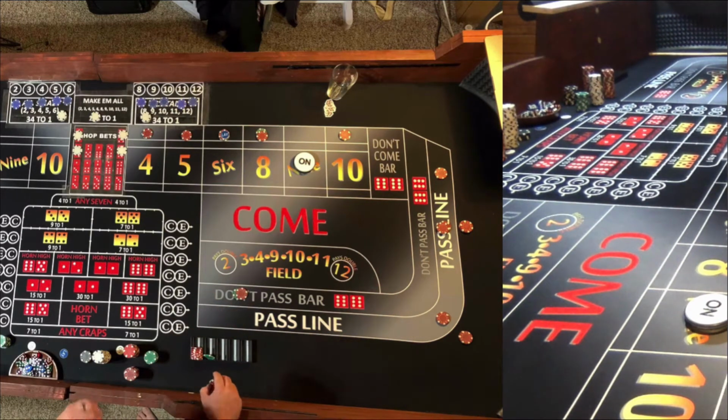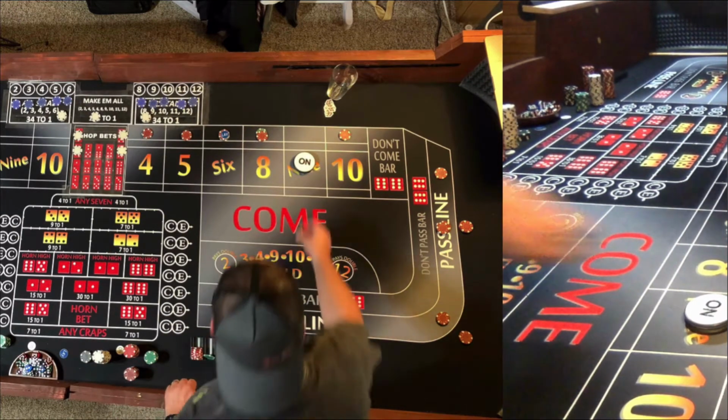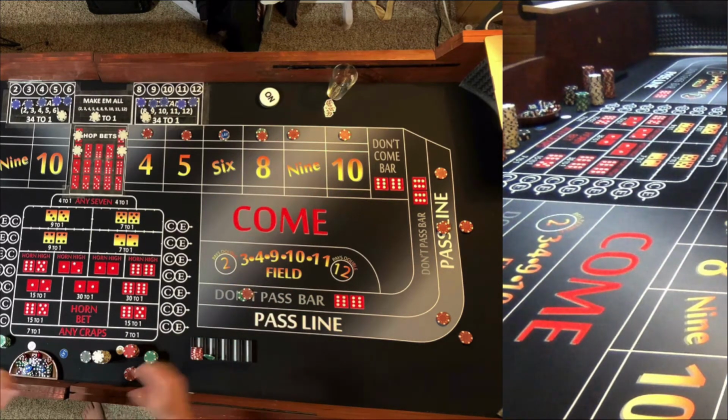If the 7 rolls before the 9, then I'm going to win this $30 back because I'm playing on the don't pass. All right. Now, with that said, I've got another strategy that I'm going to play once I get a point, but we'll go over that later. So this is